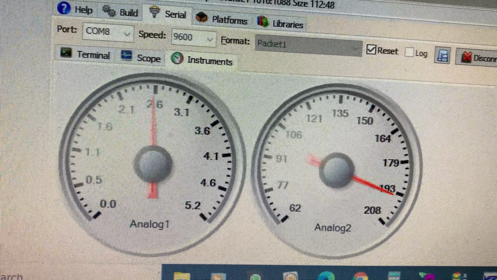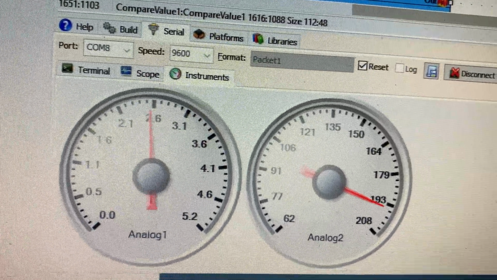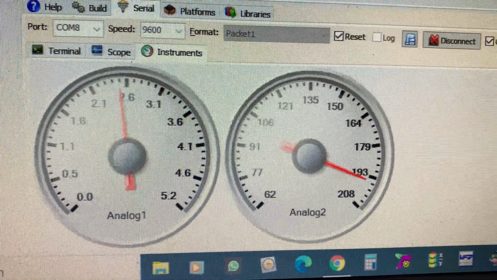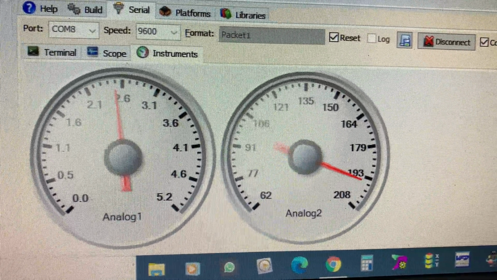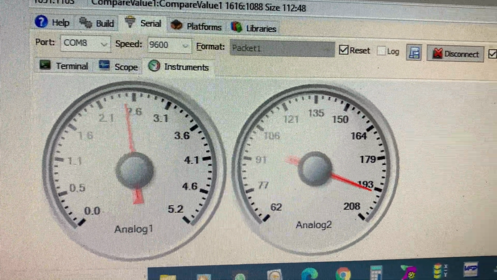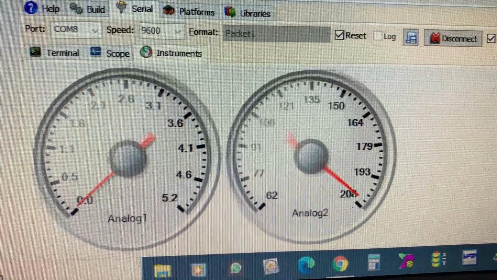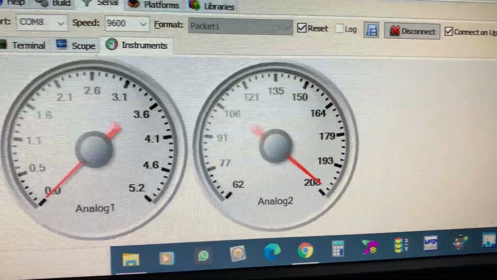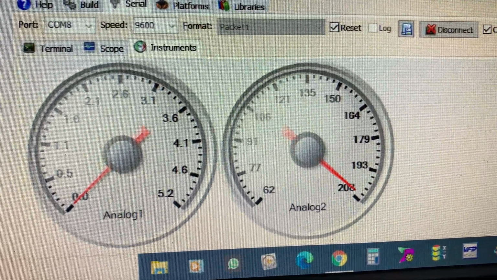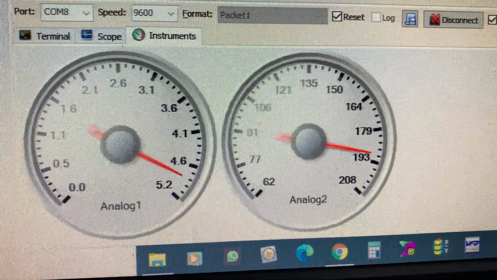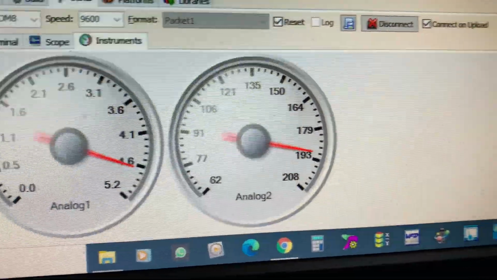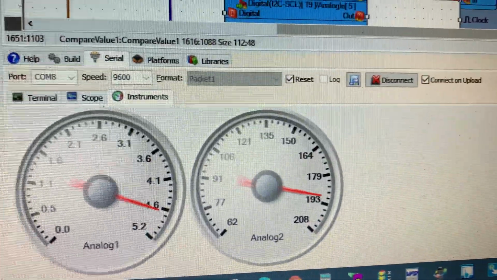this is the dryer in half load. It means the heater load will be half, not full. So you can see the voltage reduce, and the current is taking about 2.5 ampere. Okay, I stop the dryer. You see the voltage rises again to 208 and the current is 0. Again I put my dryer to higher current. So you can see it's about 4.8, and the voltage goes down.